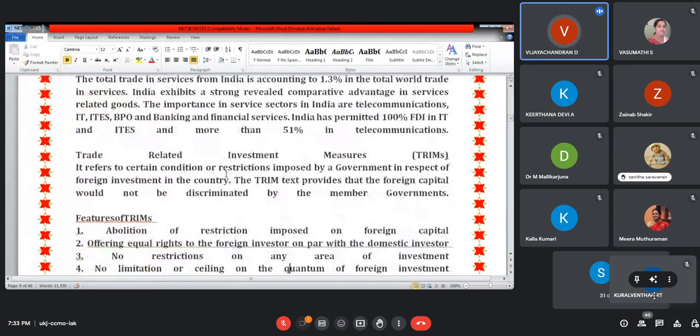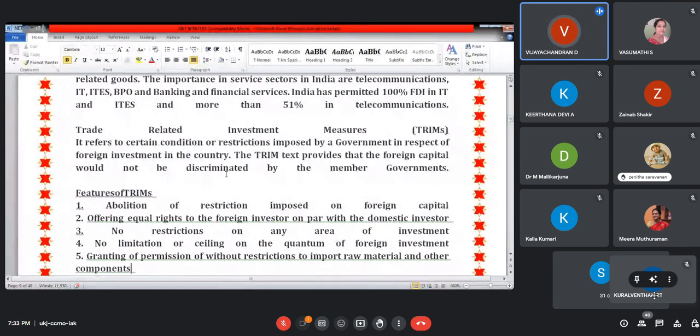Next, I'm moving into TRIMS. What is TRIMS? Trade related investment measures. So if any country is inviting the investment from another country, there will not be any barrier. If any restriction in the foreign investment, that will be sorted out by TRIMS. So as the name suggests, they will take measures in the foreign investment. So trade related investment will be monitored by the organization. This is also coming under WTO. TRIMS, trade related investment measures. So if any problem, if any difficulties in the member country, that will be sorted out